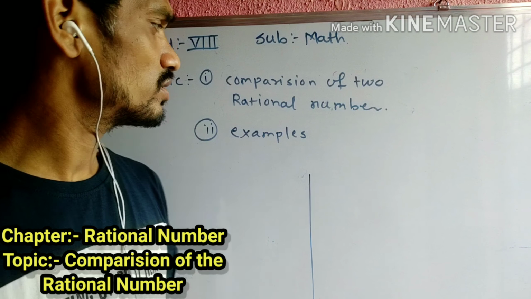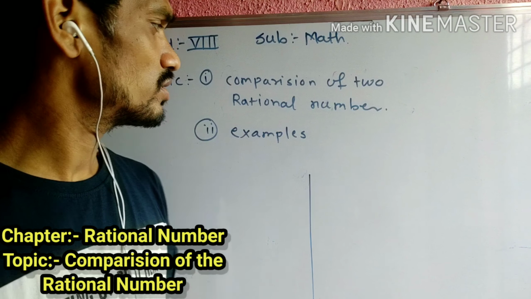Whenever we have integers, we apply this rule for integers: which integer is bigger than the other. Then whenever we are dealing with rationals, we discuss another rule. 100 is bigger than 59, but if you take the negative of both, then the sign will change. Greater should be converted into lesser. I am taking the reverse sign.